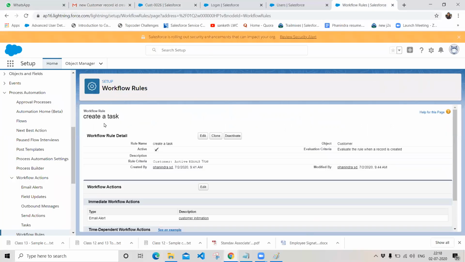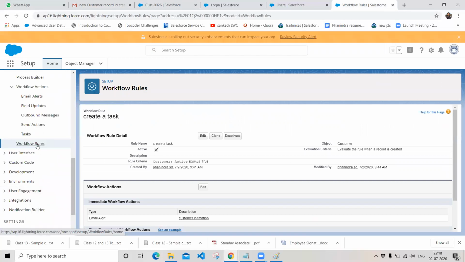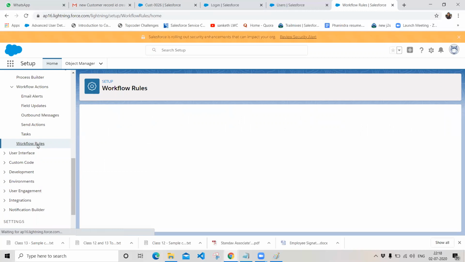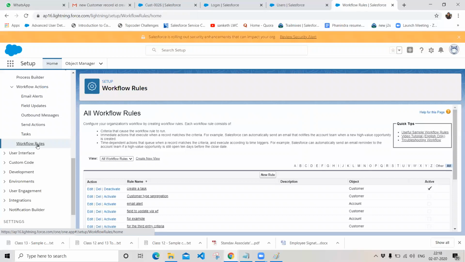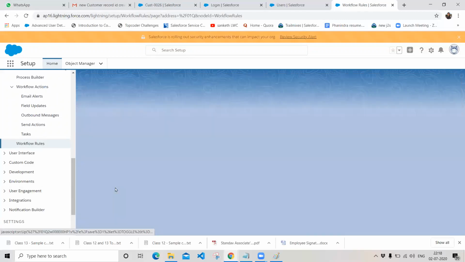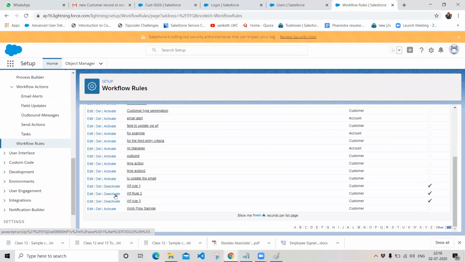and go to the setup. In the process automation, we have workflow rules. Click on workflow rules. Now I want to create a workflow rule to create a task. So I want to create a new rule, right? So let's deactivate the previous workflow so that it will not disturb my functionality.